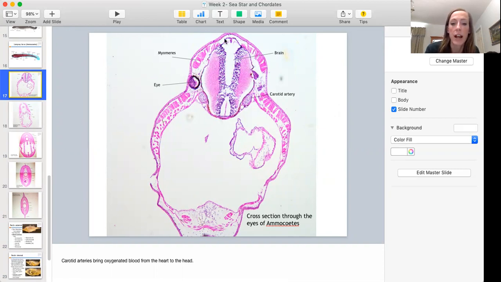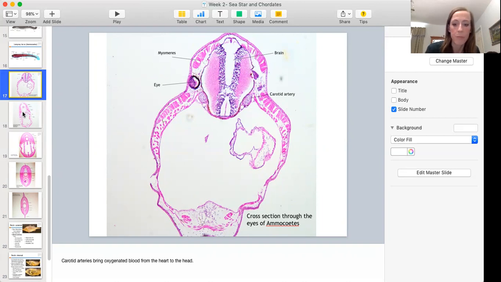On the dorsal side, now you've got this nervous system structure. This is their brain. You should note that you do not see a notochord, right? So you can see the brain is extending more rostral than the notochord. Okay, so all of this is a notochord. And then you can see some carotid arteries on either side, bringing blood to the head region, okay, from the